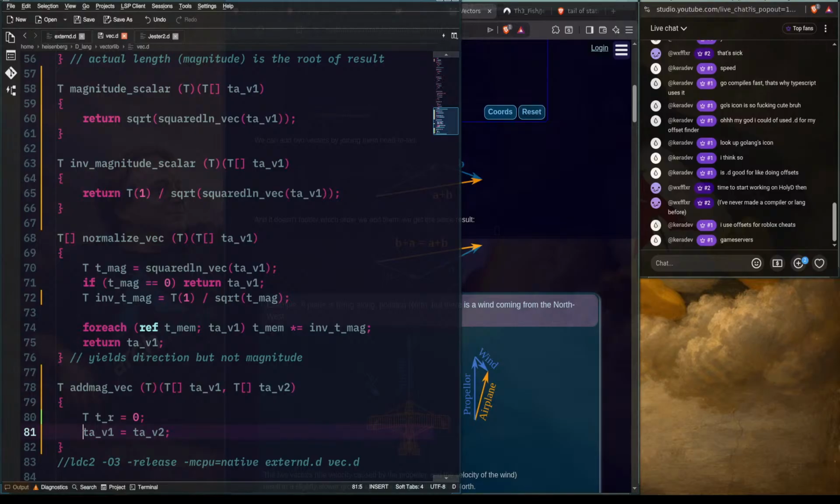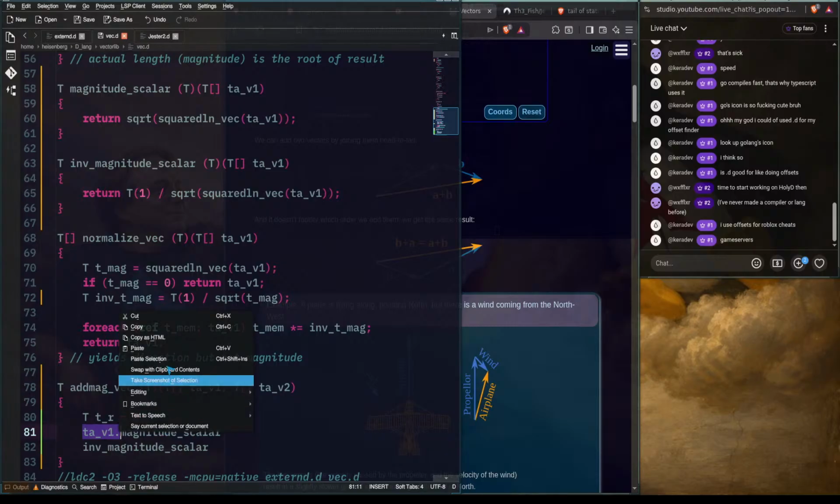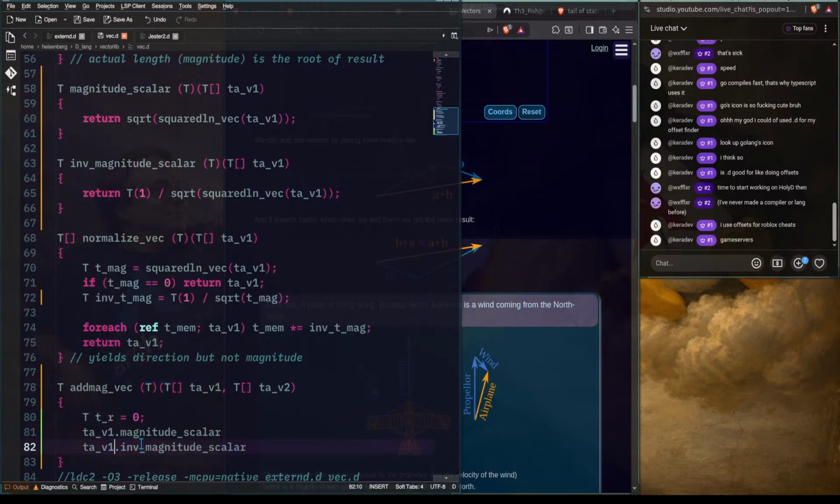So you do TA underscore v1, right? That's going to be inside of the square ln, so we'd call squared ln vec. Actually, square magnitude. So magnitude scalar and inv magnitude scalar, and we want to get those. Thanks to the reverse calling syntax, I can make it look beautiful, right? You want to see what I'm going to try? TA underscore v1 dot magnitude scalar. I want to see what that does to it, if it can compile like that. If it can compile, then it will be amazing. Then we just take those two,